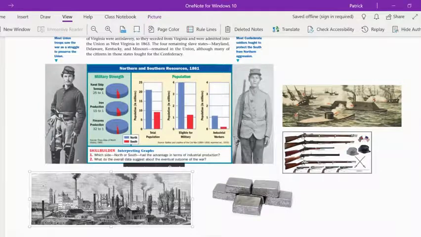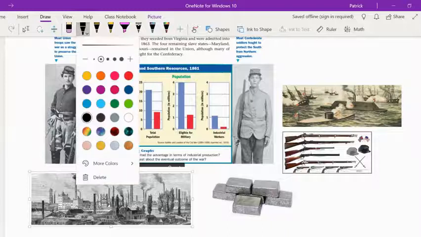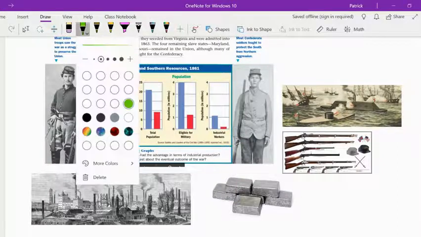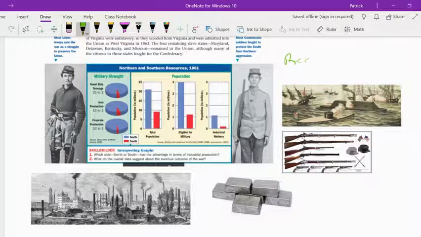All right, so what I'm going to look at here is this chart right here. Let me go ahead and blow that up a bit. We're going to be looking at this chart here, these groups of charts. A couple of things we want to remember whenever we look at charts or graphs or maps. The first thing we always want to do is read